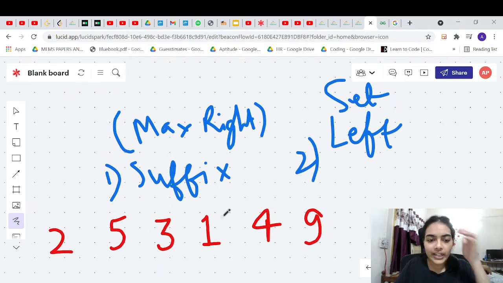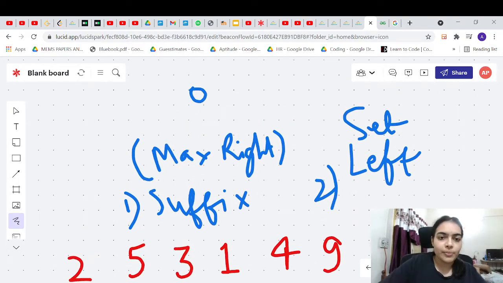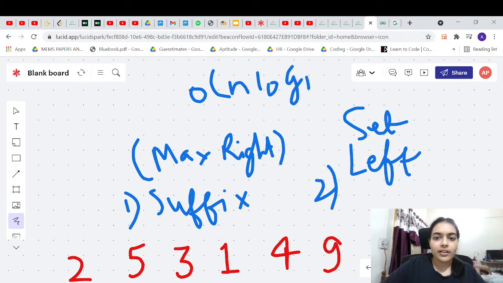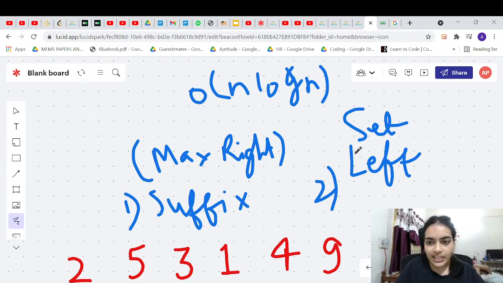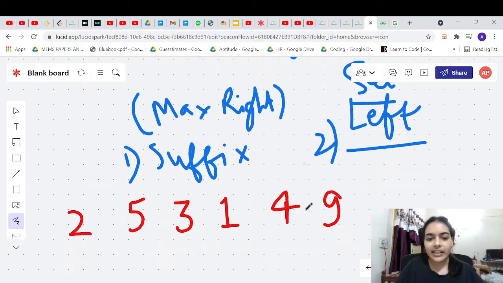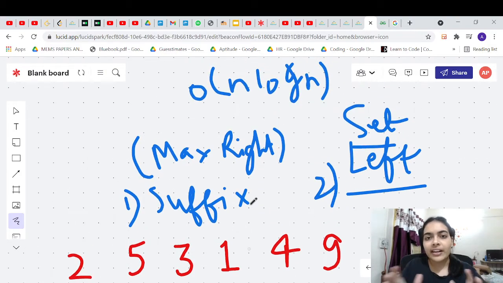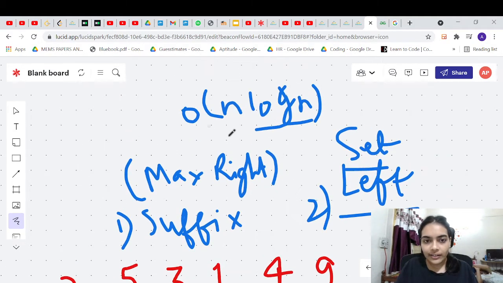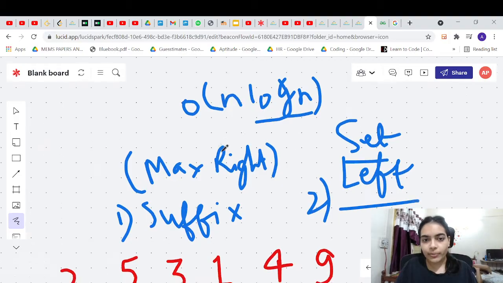So what is the advantage of this? You will get a time complexity which will be O of n log n, because of what is happening in the set. When you are putting the element in, it will do a binary search and find where to place your element, and it will find the position of your element, right? And then you can place it in log n time, and then for each of the n elements, so it will be O of n log n.